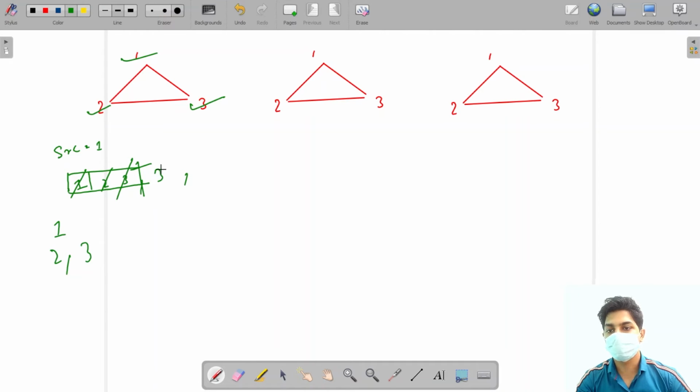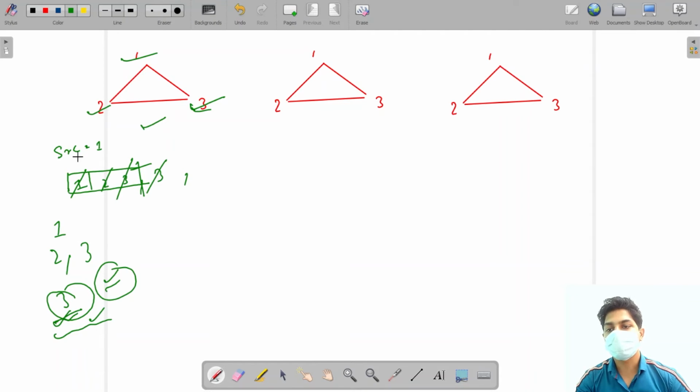Now the queue is not empty, so again 3 will be removed. This time we check and 3 is already marked visited. So in this case a cycle was present and we are visiting a visited node again. This is what I was telling you in the beginning: if we are visiting a node which was visited earlier in the past, then it means there is a cycle, and we found the same over here also.